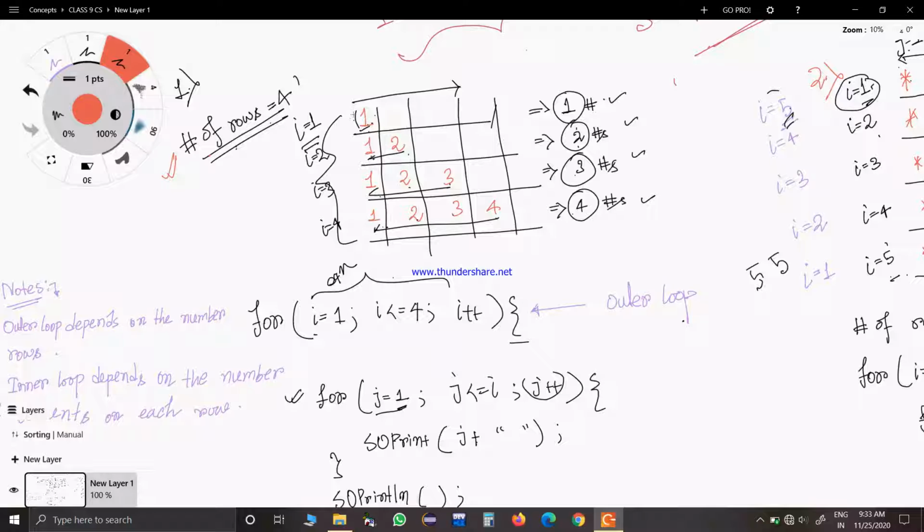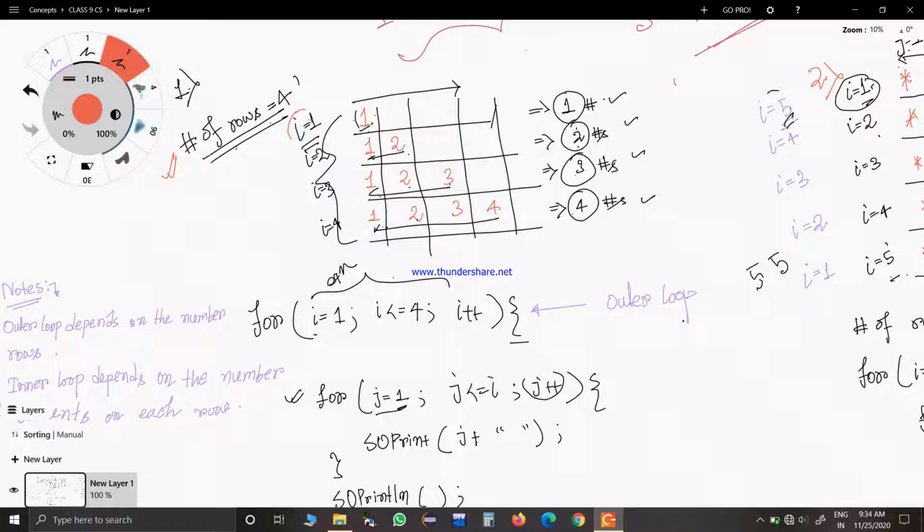Okay, so I equal to 1 means this row. I equal to 2 means this entire row. I equal to 3 means this entire row. I equal to 4 means this entire row. So this is how you have to think. Now after you define this variable I, and you basically have I equal to 1, I equal to 2, I equal to 3, not always will this numbering be correct. Sometimes we may have to change it. But whatever the starting value and ending value I have, the count must always be 4.